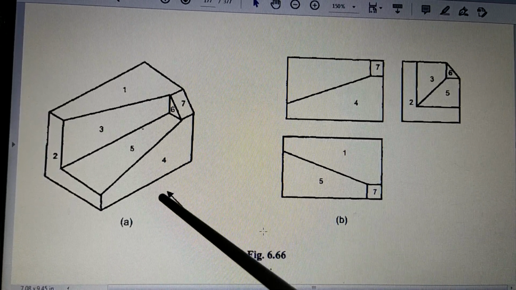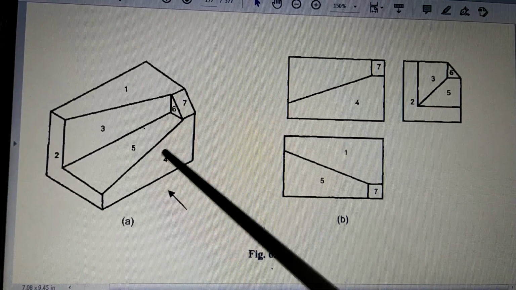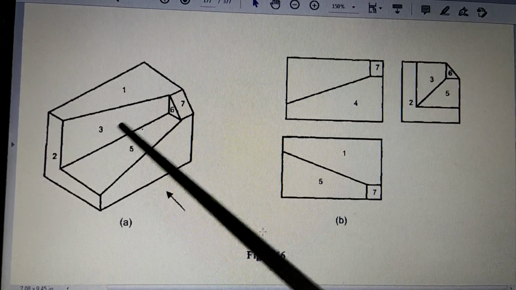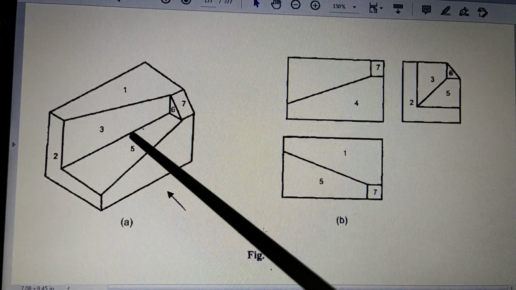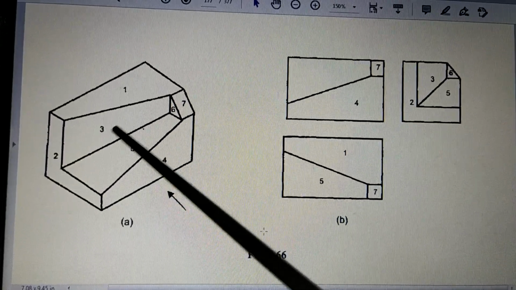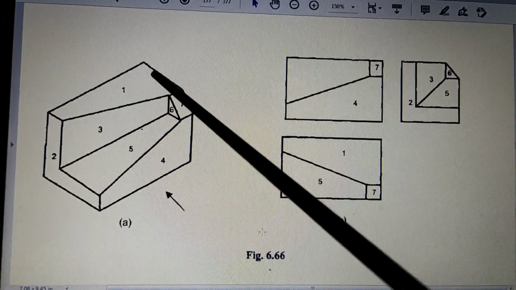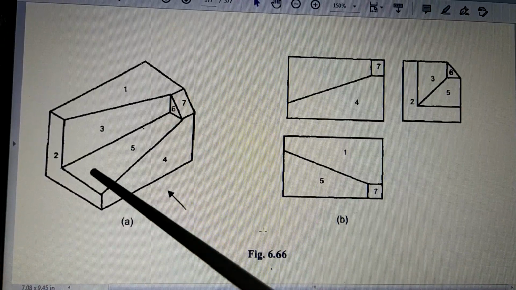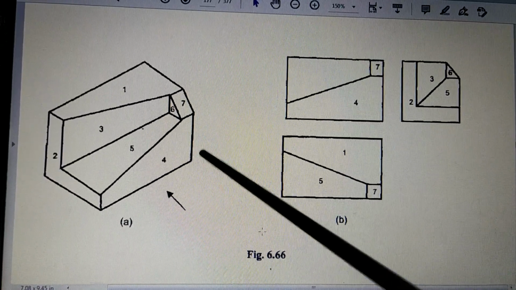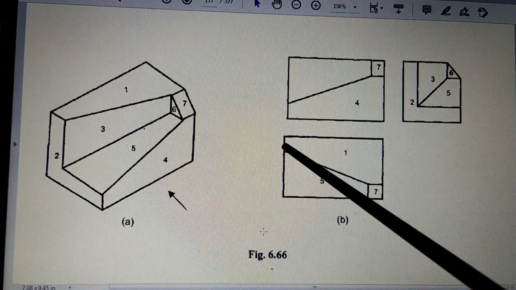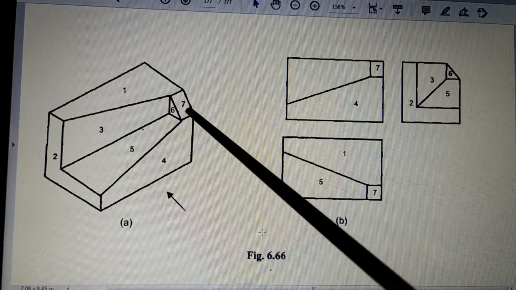Now for all these figures, there is one assumption: on the back side there are no such cutouts. It's simple, because if there is something at the back side, then it is not possible to see it from this figure. So we are assuming that everything is simple and straight. So we have drawn the base. Then we now have to draw 7.